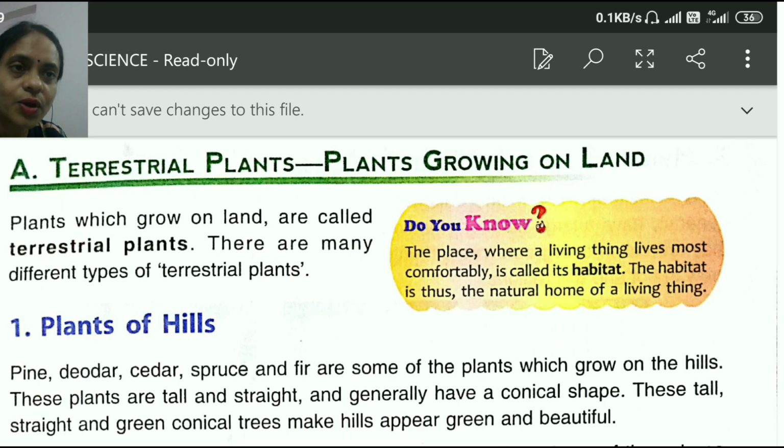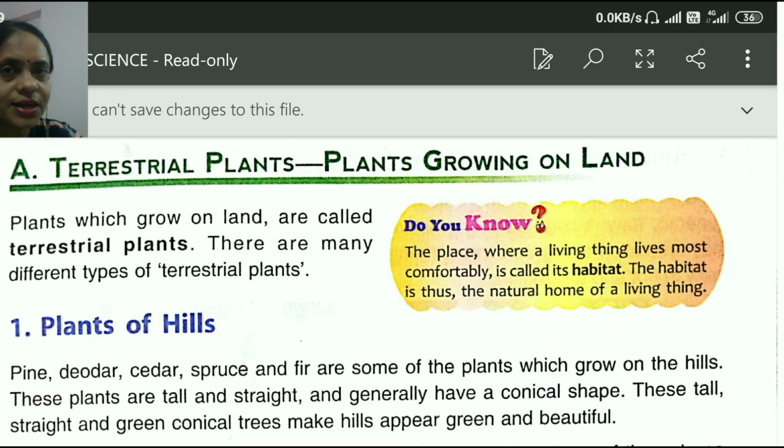Yes, you are right. It is the nest where the birds live comfortably. So it is called habitat. The place where a living thing lives most comfortably is called its habitat. The habitat is thus a natural home for a living thing.